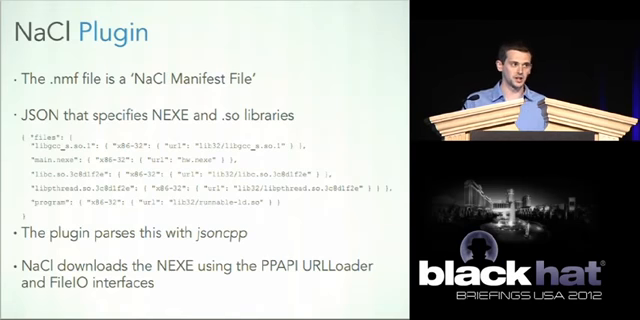That's one of the shared objects that this Nexi module needs to run. And then there's the architecture it was compiled for, x86 32-bit. And then there's the URL that you can find that shared object at. And again, you just go down the list, there's main.nexi, and then some other shared objects that it needs to run. And the native client plugin parses this JSON with a third-party library called JSON CPP within the Chrome